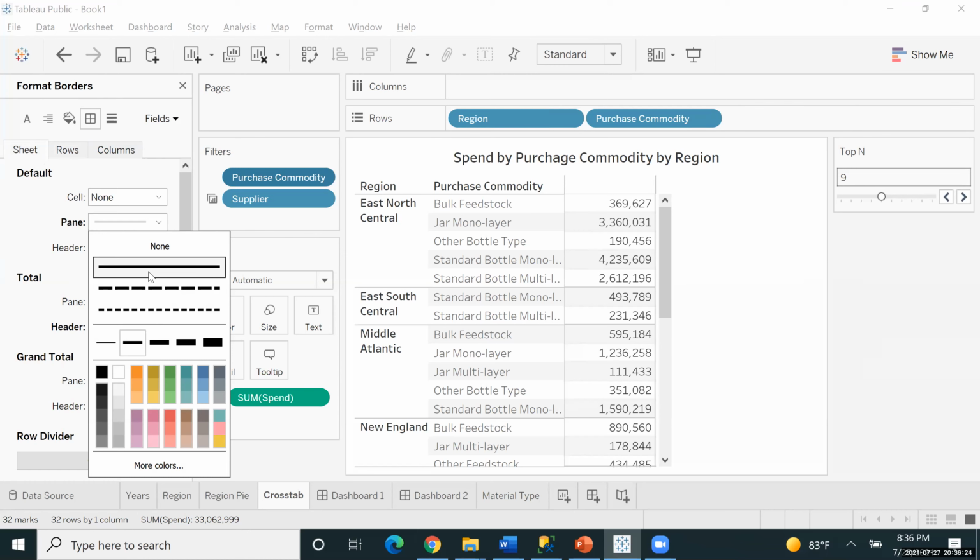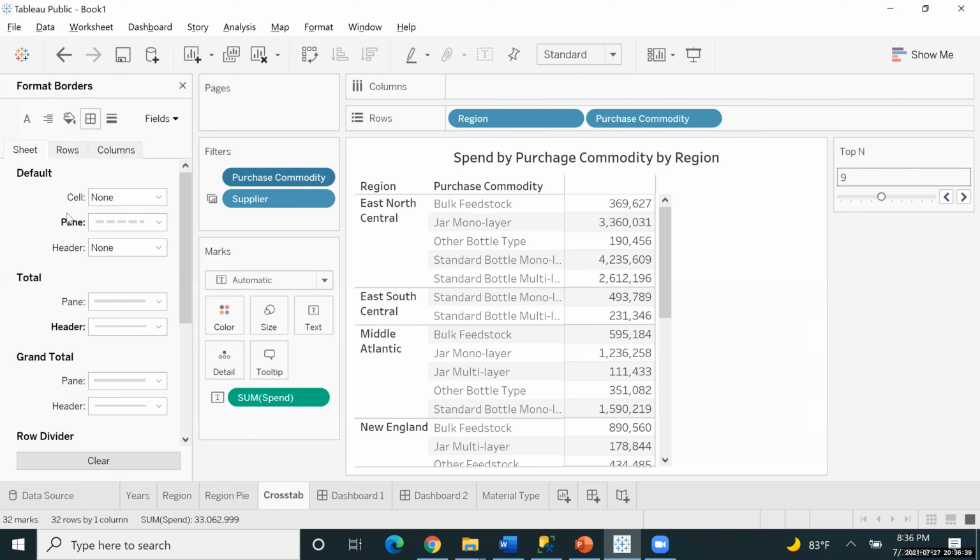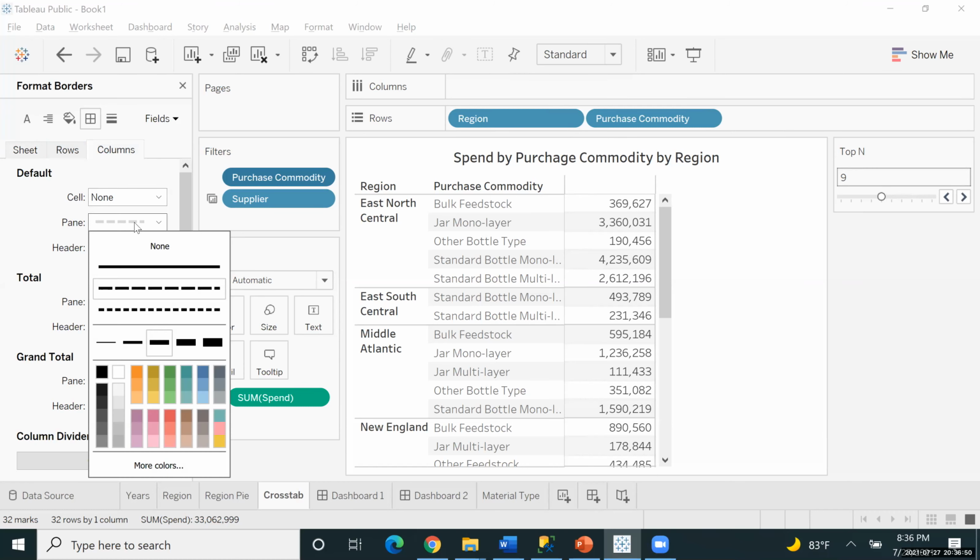I clicked on both the rows and columns tab and I applied. It is working for me, the borders. Rows and columns, you said? Yeah. Select the pane and try to give the solid one.